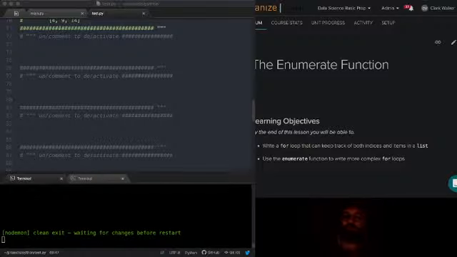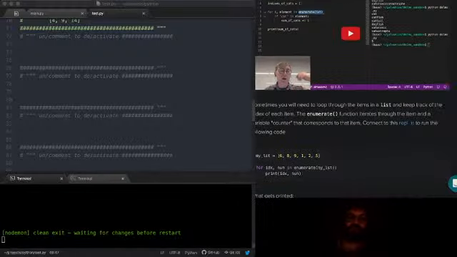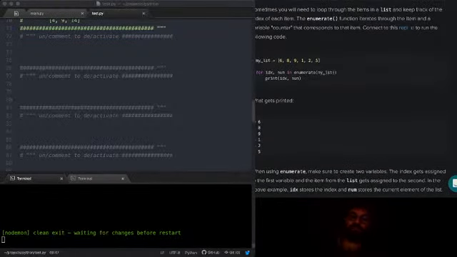If you don't end up needing the index, then you can always change your loop head to not use enumerate. But I kind of just say, if you think there's any possibility that you might need the index of each element in your loop, or if not the index, a number that just sort of marks the position or the progress through the loop, so you can keep track of what loop you're on, right? And you can use enumerate. All right.